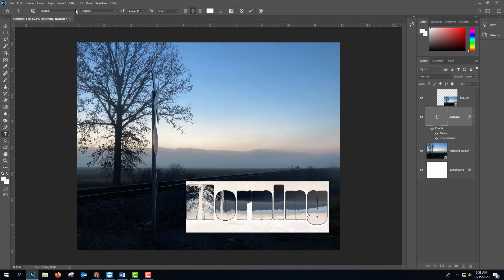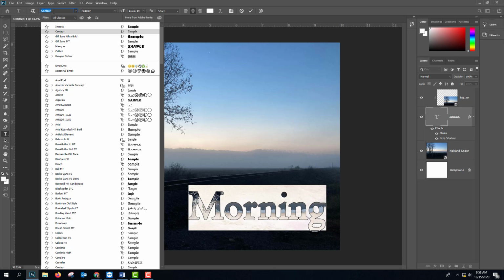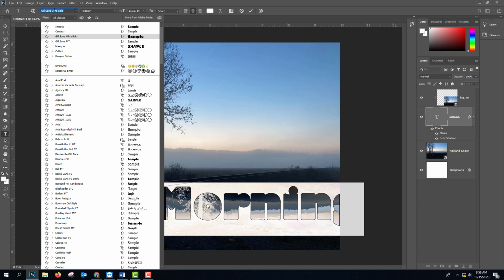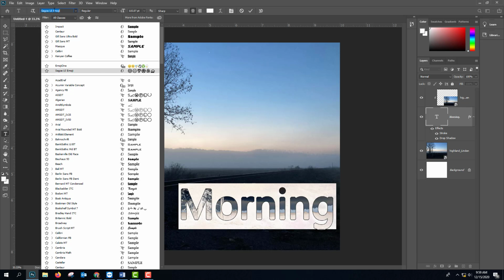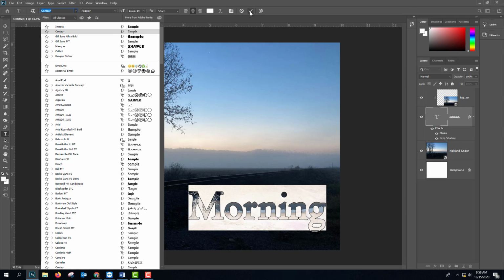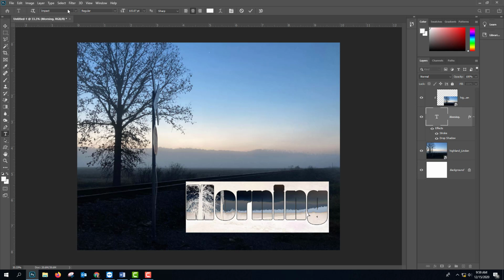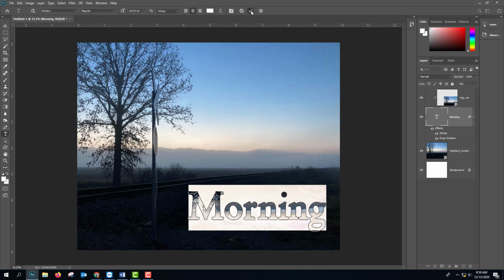and I'm going to come up here and change the font. Now I can click here, and if I know what I want, I can go down through it, or I can type it in like I did earlier. I typed in Impact. I can also click one time in the window, and then I can use the arrow keys to just scroll down, and it automatically changes in the picture. I'm going to go back to Centaur because I kind of like that earlier. Now I'm going to hit the check mark, and I apparently didn't do it. Let's try that again. I'll type it in, Centaur regular, and I must have hit the